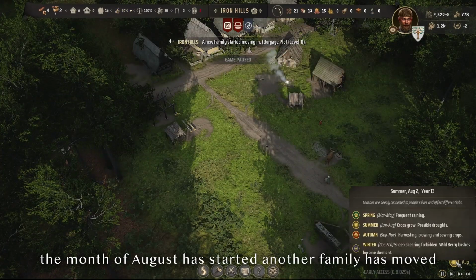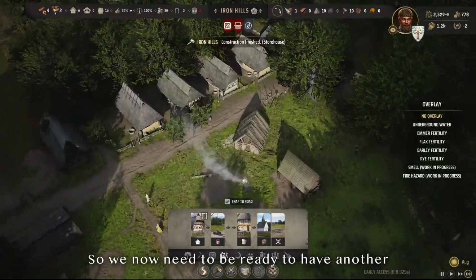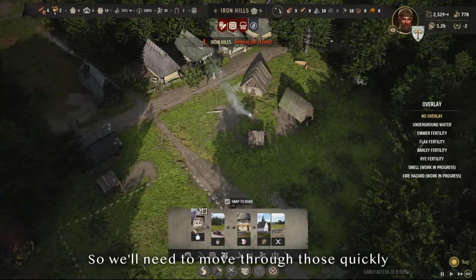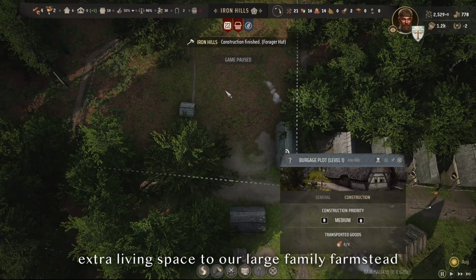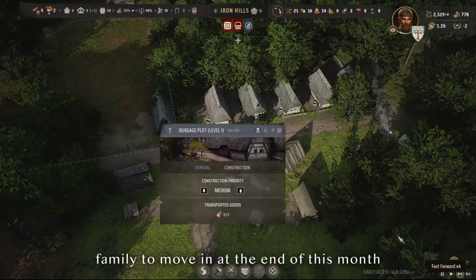All right. The month of August has started. Another family has moved, so we now need to be ready to have another house at the end of this month as well. We're starting to run a little bit low on food and fuel, so we'll need to move through those quickly. Let's go ahead and make room for this family by adding extra living space to our large family farmstead. And that'll give us room for a 7th family to move in at the end of this month,